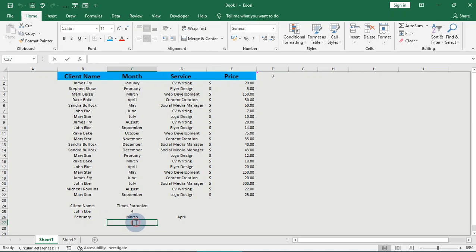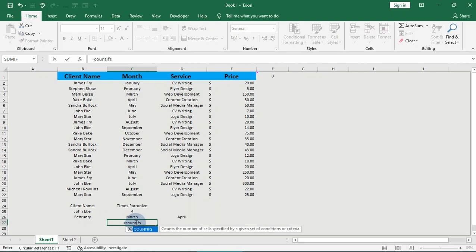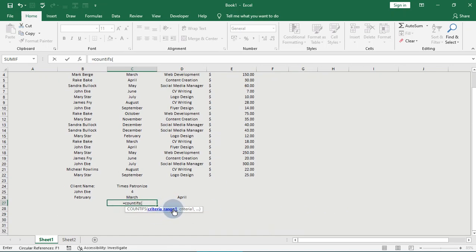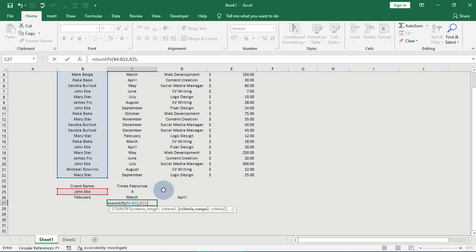So let me do this so that you understand what I'm saying. So if I say equals COUNTIFS, right? Now the criteria range is going to be coming from here because we are looking up Sandra Bullock this time, or John Eke. Let's say John Eke. Now the criteria that we are looking for is going to be John Eke. Let me click that. Now the criteria range 2 is going to come from here because we are looking for the number of times